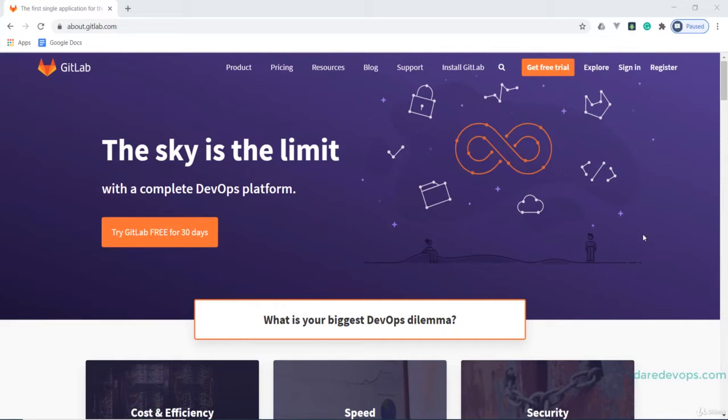You should also allocate a minimum of 15 to 20 GB of hard disk space to the machine to avoid running into some storage space problems later. We are going to be following the installation instructions from GitLab's official website. So go to